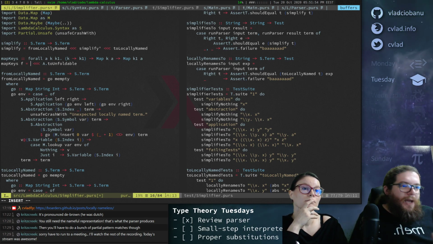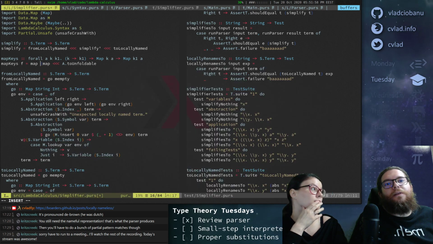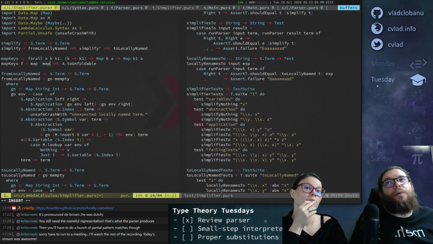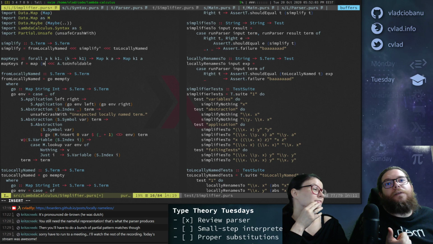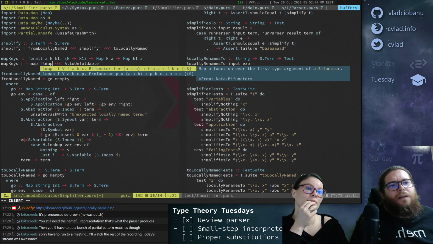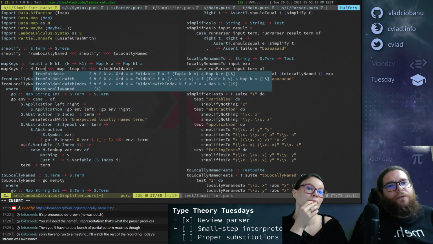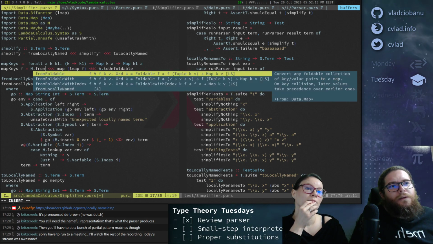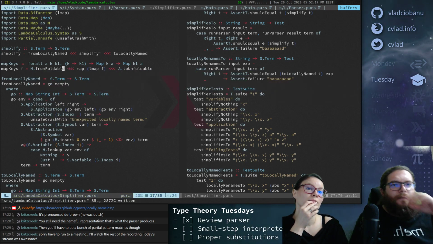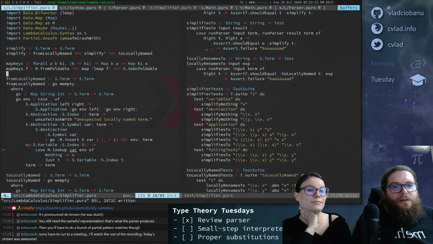And then we need to map over like map a map. So this is inside the array, this is inside of the tuple, but we need to map the left hand side of the tuple, so it's lmap of f here, and then it's m dot from foldable. I think that's correct. Looks like it's correct.